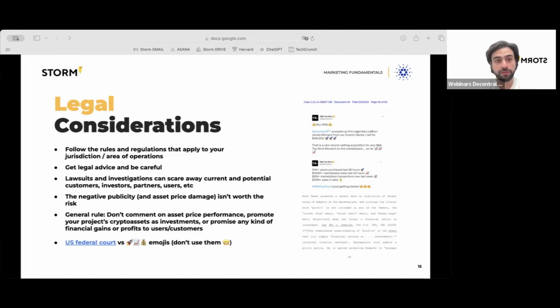Lastly, we need to make sure that our emoji use is cautious. There are certain emojis that can be interpreted as financial advice, such as rockets, chart increasing, or money bags emojis. This can lead to misleading communications that can then lead to legal troubles. You should use emojis that align with your brand's messaging and not with investment and